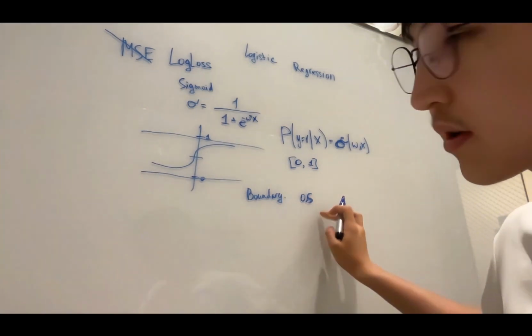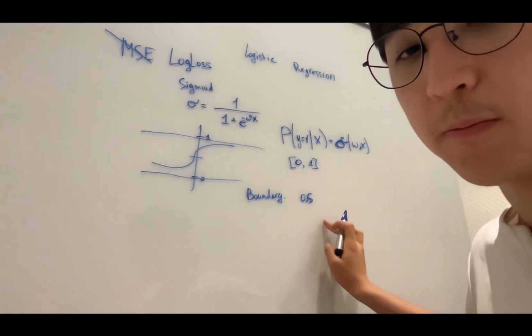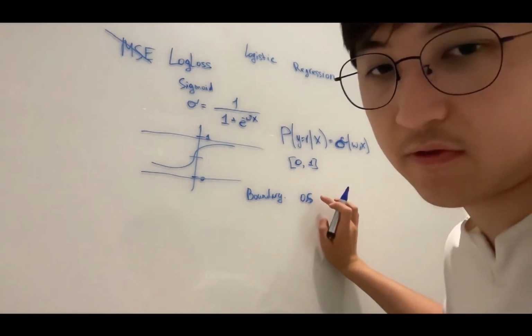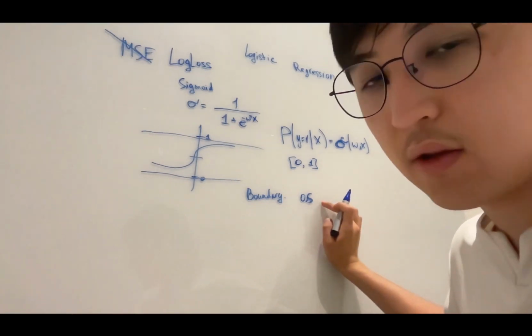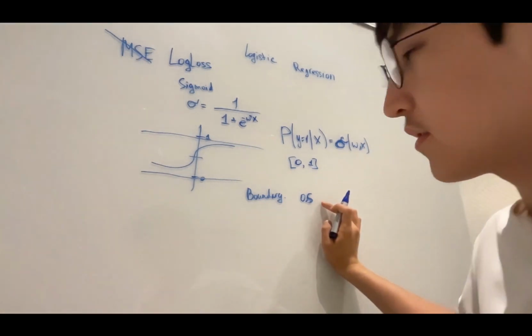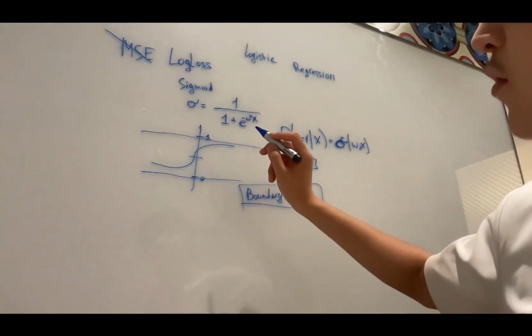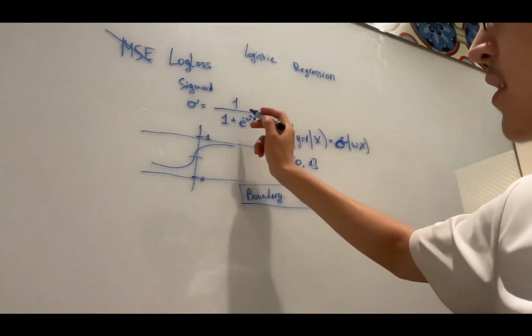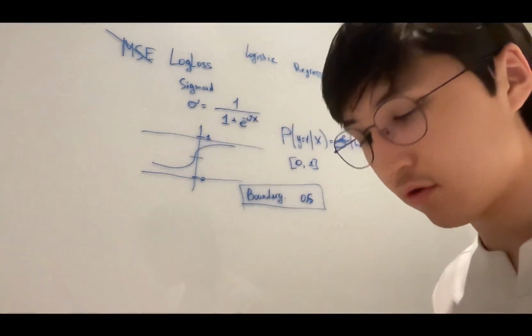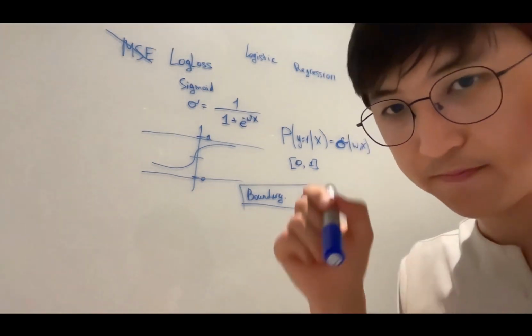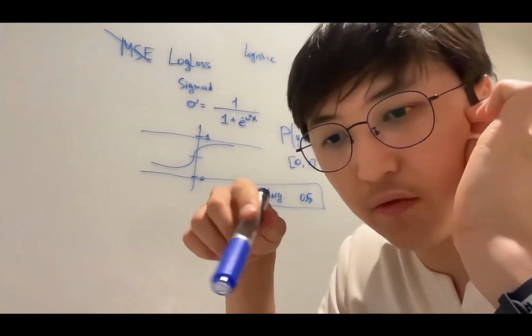If it's lower than 0.5, I will assume it is 0. You can change 0.5 to 0.6 or any other value, but for simplicity, let's use a boundary of 0.5. Now we have sigmoid, we know what it is, and it's time for log loss. If you watched my previous videos,